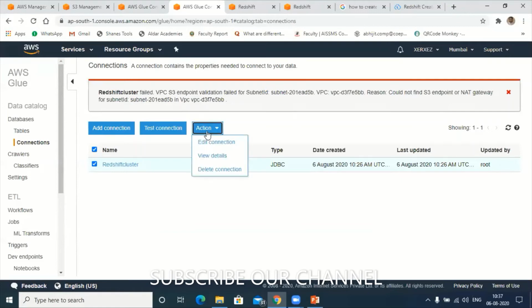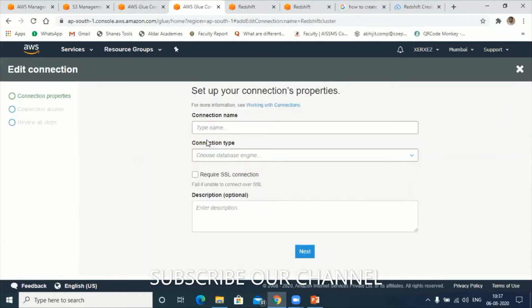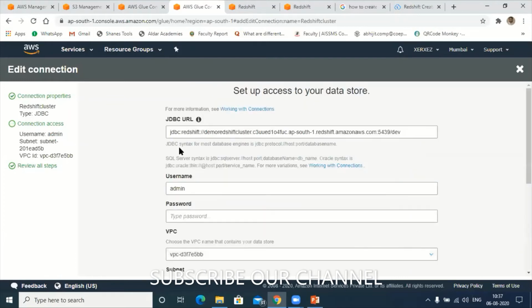We have the action edit connections. Okay, Redshift is JDBC. Admin. This is the VPC. Next, showing JDBC. Re-enter the password. Admin123.